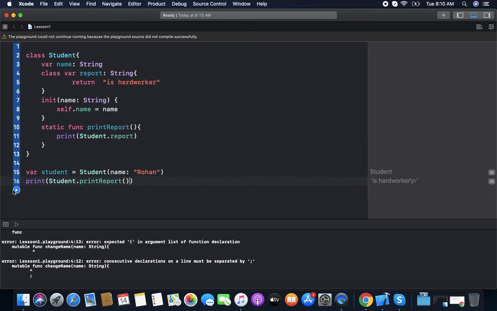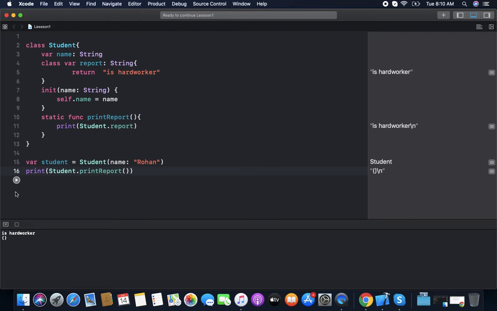We can just print using the class name. The function itself has a print, and we are not returning any value.